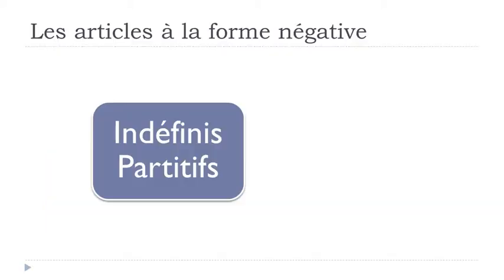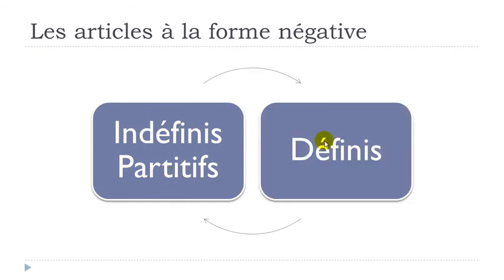Okay, so we'll see first the indéfini and the partitive. Okay, so les indéfinis et les partitifs. All right, so indéfini, it would be translated as a in English. Okay, and then the partitive, something. All right, and then we will work on les articles définis, so the in English. Okay, but first let's see indéfini et partitif.